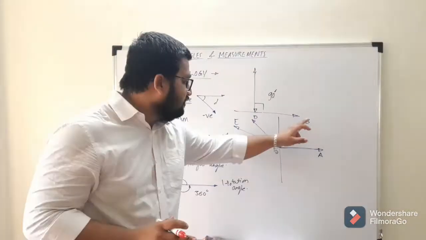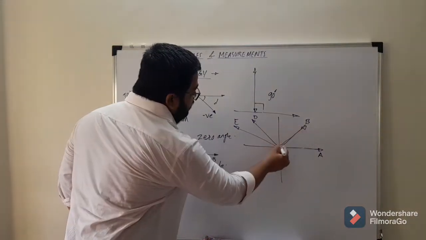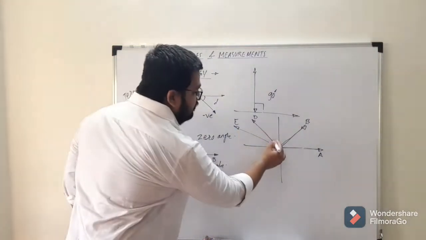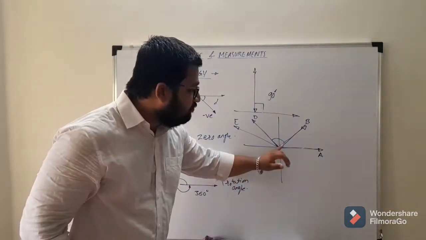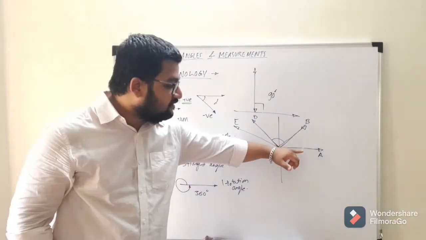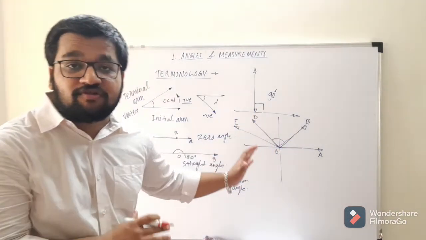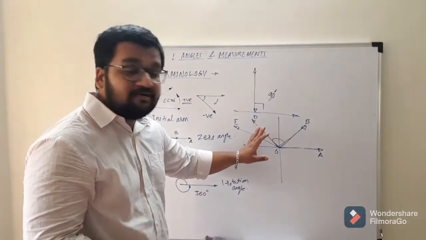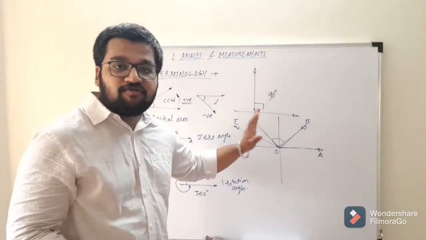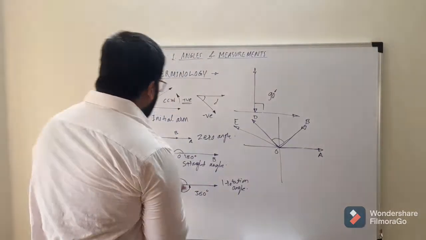Now if we consider angle BOD, let us say this, this angle is also a perfect angle, but as the initial arm OB is not parallel to the x-axis, we do not consider this as an angle in standard position. So I'm not saying that this angle is wrong, this angle is absolutely perfect, but this is not in the standard position. Okay, so after that, the next type is quadrantal angle.